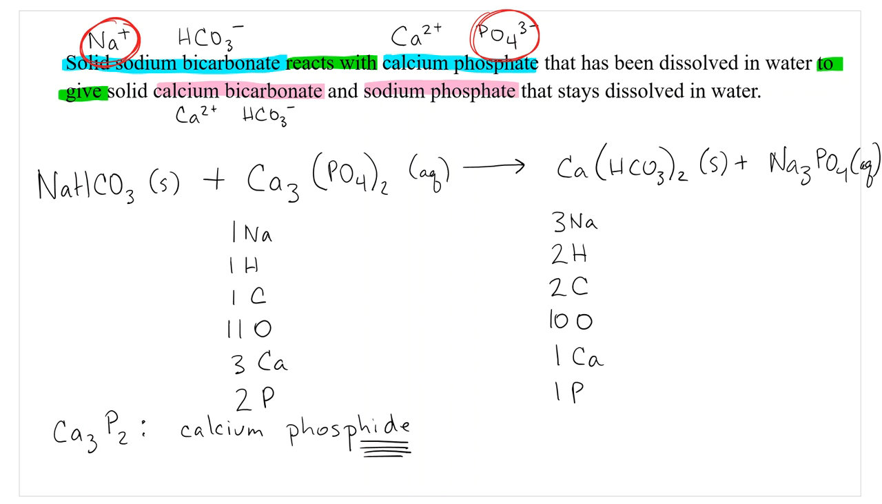Because I'm getting tired and I want to be done, I am actually going to start balancing with calciums. The sodiums are not balanced, I agree, but let's start with the calciums first. So we have 3 calciums in. We want to get 3 calciums out. So what coefficient am I going to put in front of the calcium bicarbonates? Coefficient of